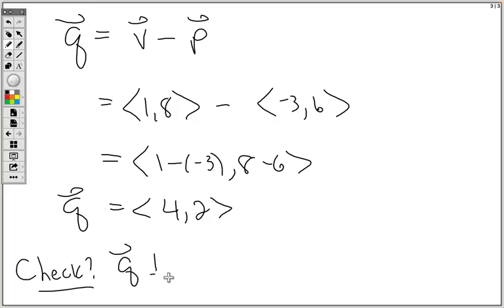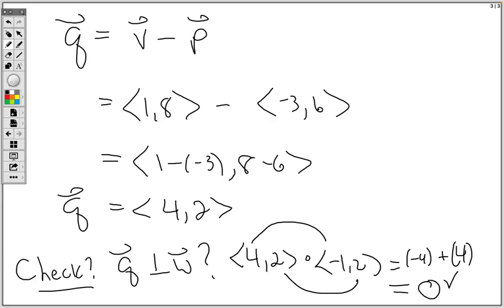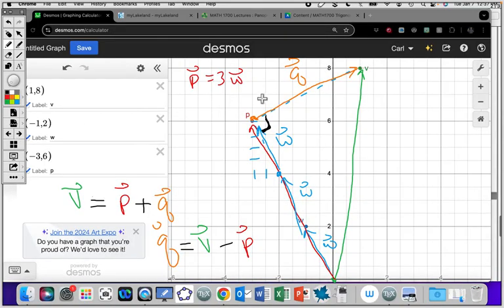Is Q orthogonal to W? Well, let's take the dot product. Q dot W. W was negative 1, 2. Multiply the x components together, minus 4. Multiply the y components together, 4. Add them up, and guess what we get, folks? 0. So that actually proves that Q is orthogonal to W, which proves that P really is this orthogonal projection,